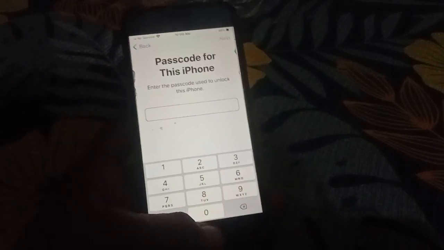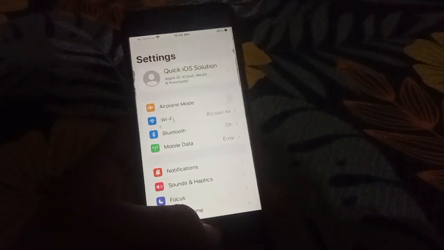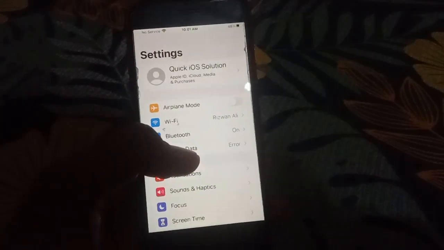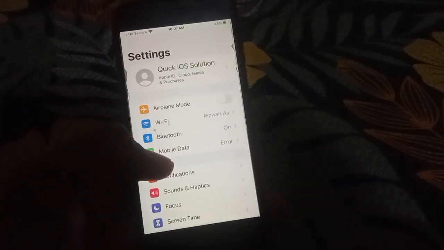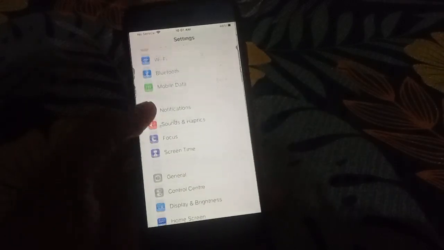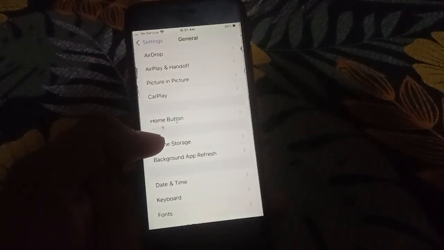Simply go back and tap again on Settings, scroll down and tap again on General, and tap again on Transfer or Reset iPhone,